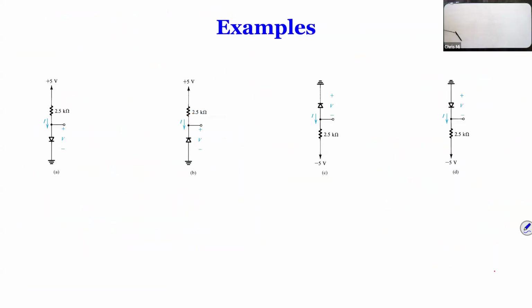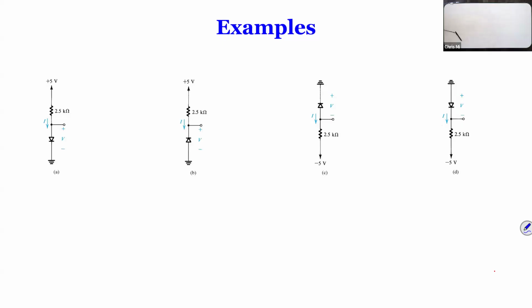Now, I just want to do more examples. These examples are a little easier than the previous one. Like this one, you don't have to do assumptions because this is only one diode, and the voltage is up at the top and down at the bottom. Now, of course, if you still want to do it from the very basic fundamentals,